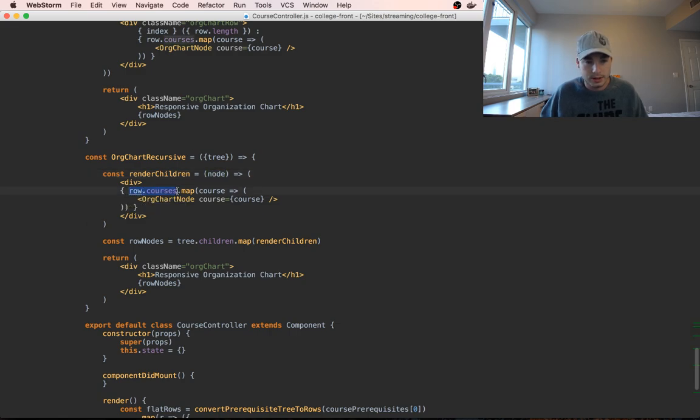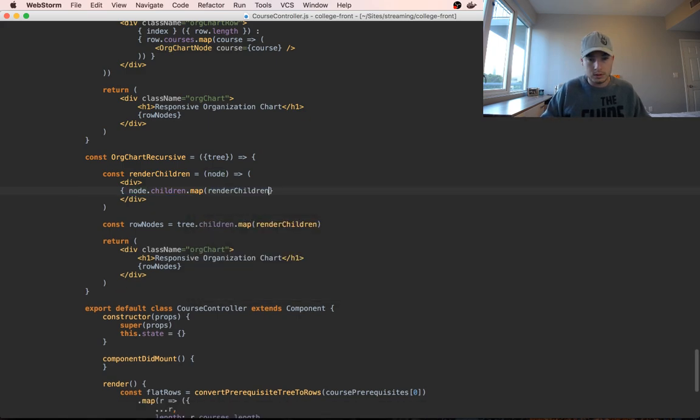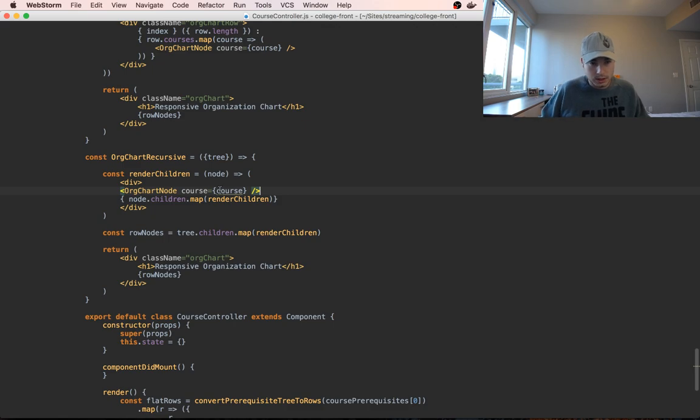We don't have this. What we have is a node dot children dot map. Okay, yeah, we want to, for each of the children, we want to render the children. And for, I think I don't know, maybe add this, and then